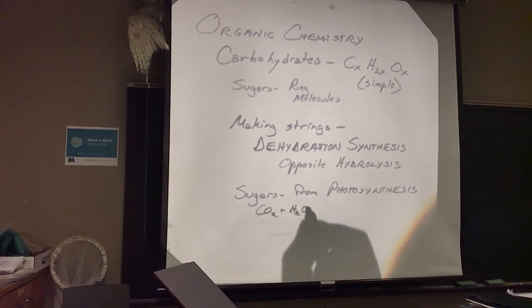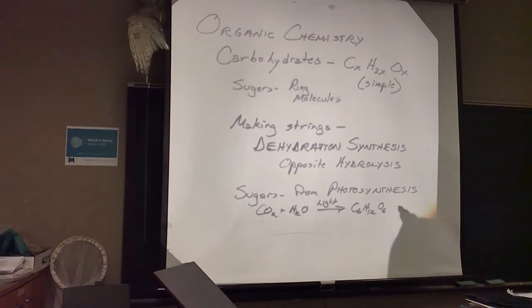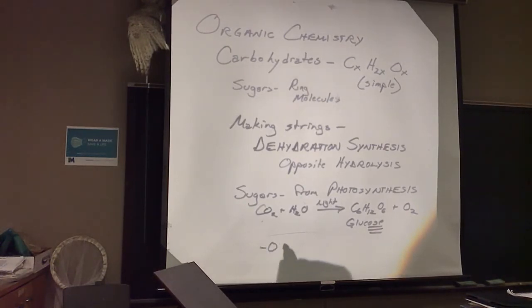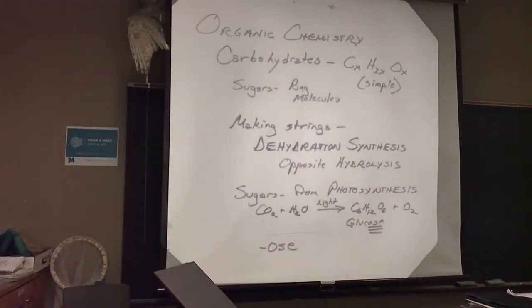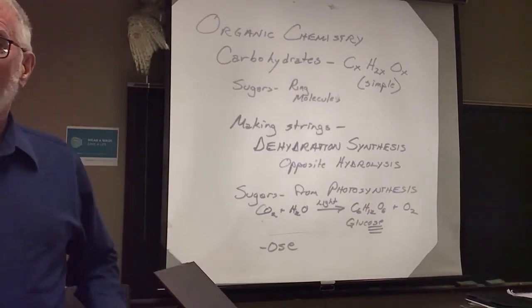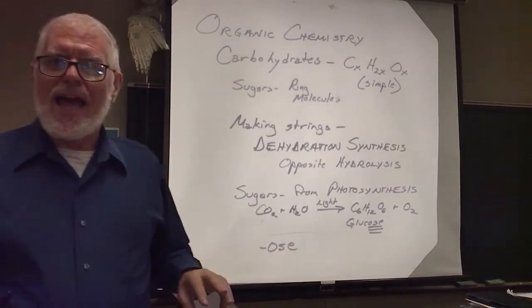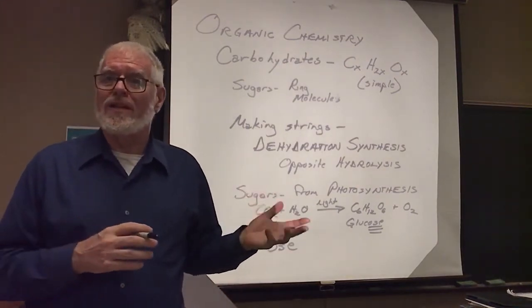CO2 plus H2O. We also used this for the reaction last time. And this is glucose. That OSE ending, chemists decided a decent amount of time ago, that's how they were going to name carbohydrates. They would always put an OSE ending on. At that point, there were a few carbohydrates that had already been named. They hadn't followed that rule. You run into them every once in a while.